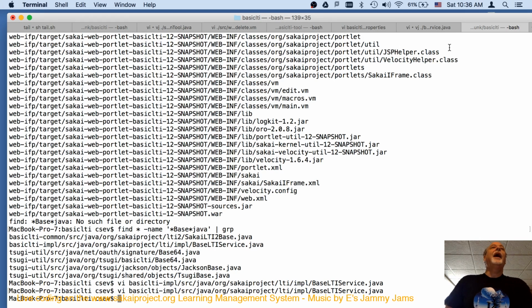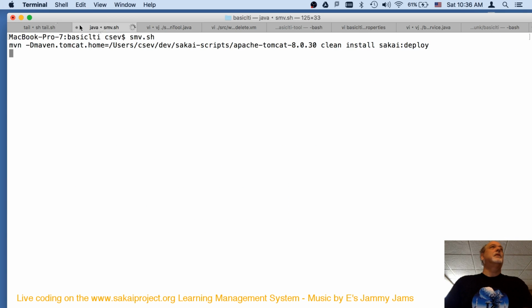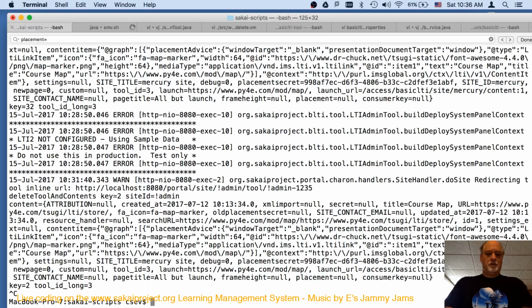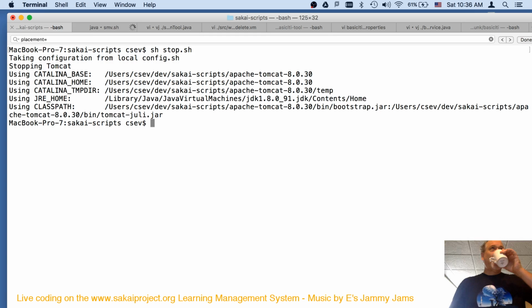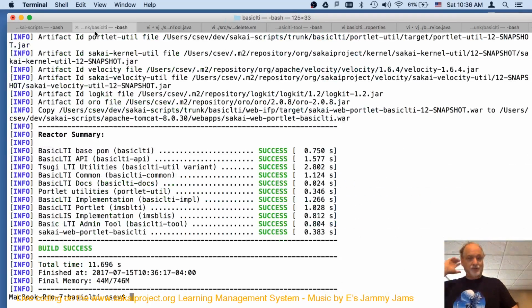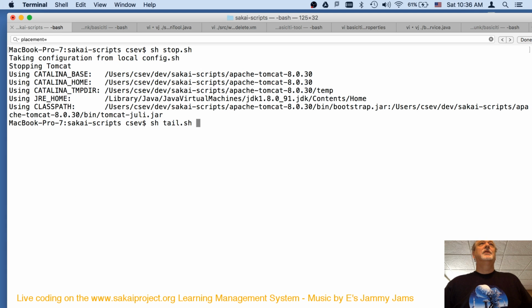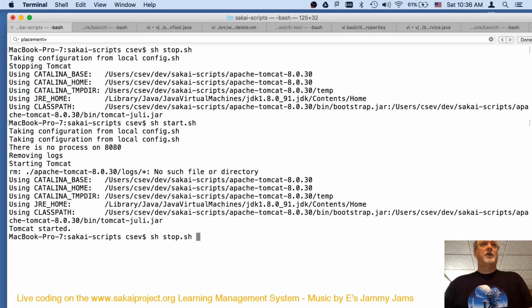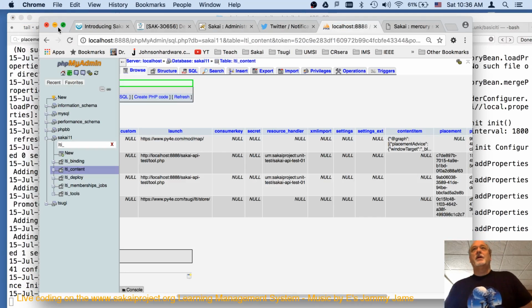Oh, got a cool idea. Now I need to install a bunch of LTI tools so I can delete them one at a time. And I'll use LTI2 to do that because LTI2 can install LTI1 tools super fast. Okay, I'm not going to be able to finish this session because I have to figure this one out.